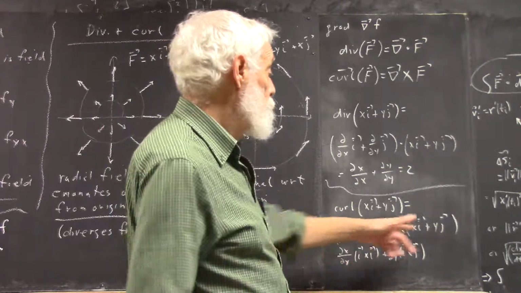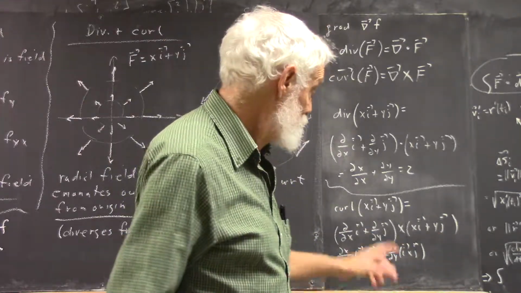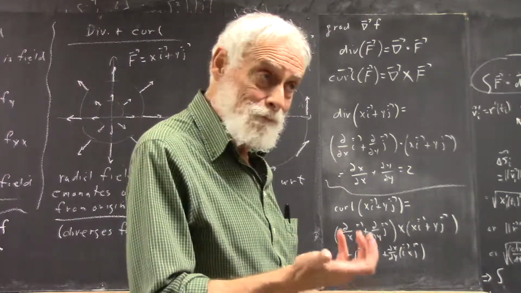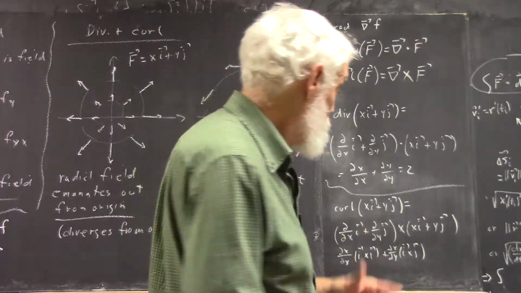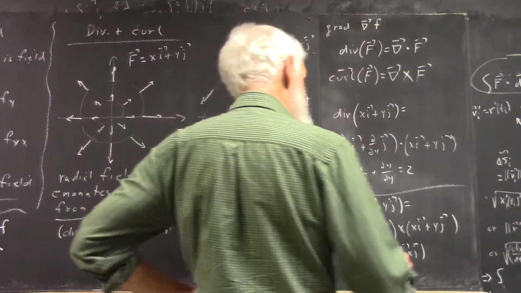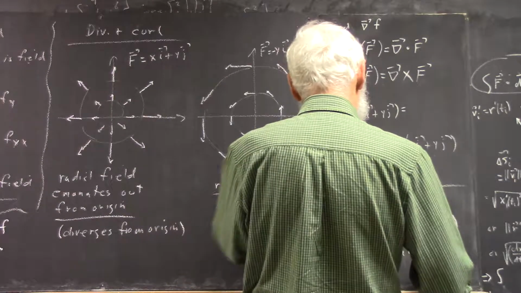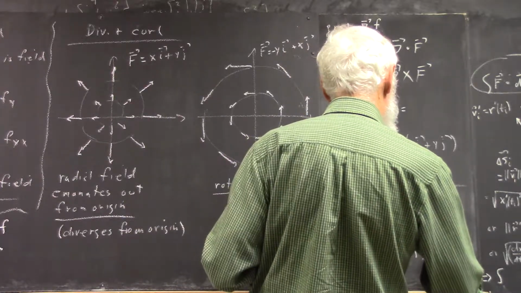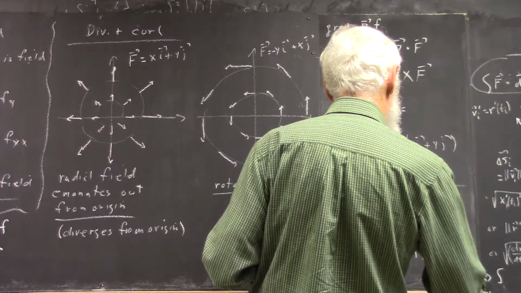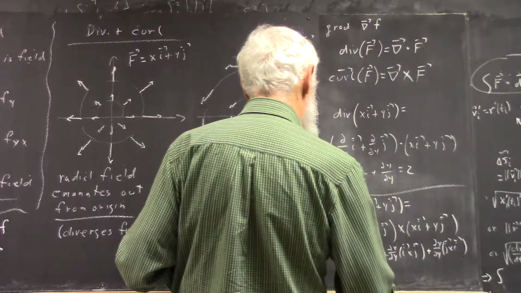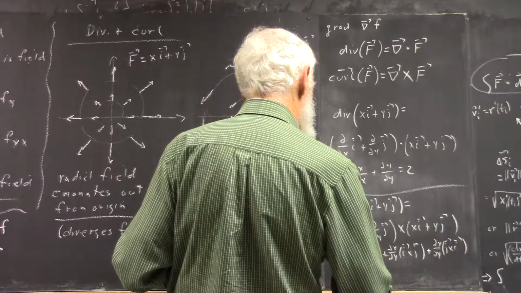I prefer just to define it in terms of the distributive law, because we know how i and j and k articulate by the right-hand rule. Okay? And anyhow, it's going to be then plus partial of x with respect to y times j cross i plus a partial of y with respect to